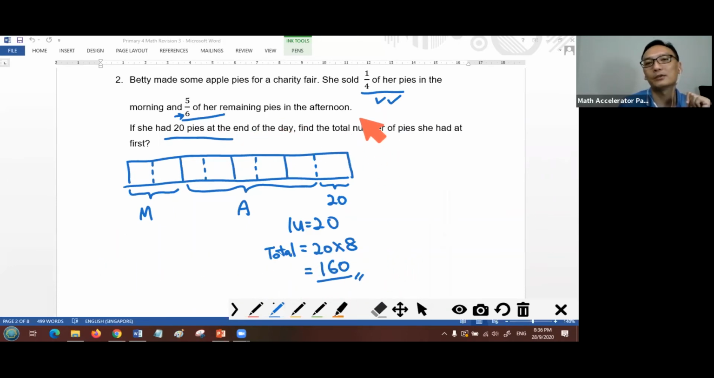I'll recap what we do. So what we have done is, first of all, based on this first piece of information, we draw 4 units. Then we allocate 1 unit for the morning. Afternoon, we have to have 6 units for the remainder, right? 6 units for the remainder. However, we discover there's only 3, right? So for 3,